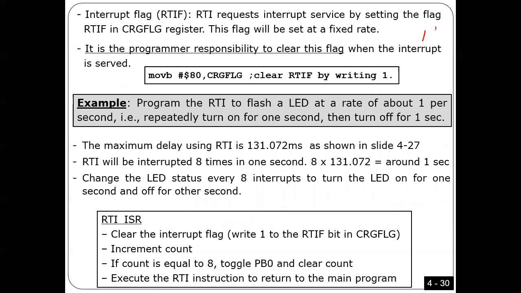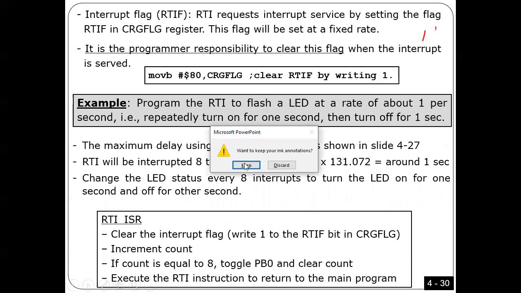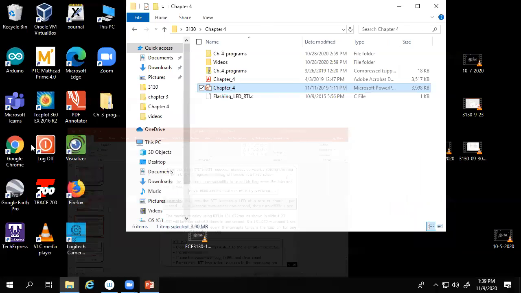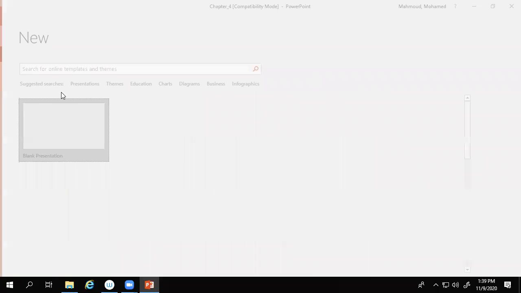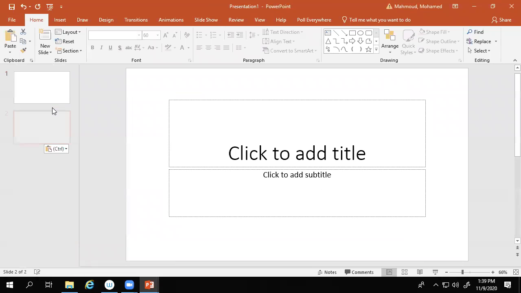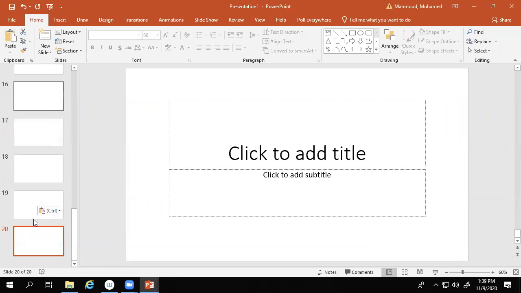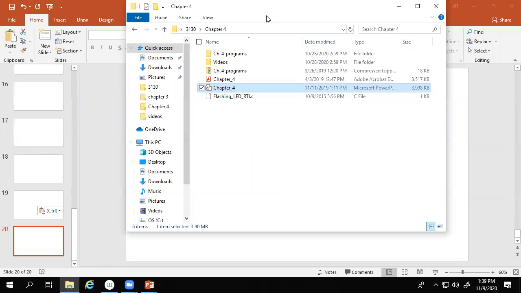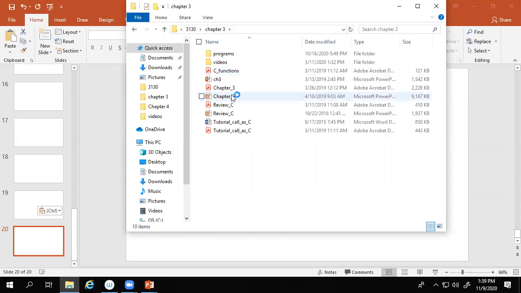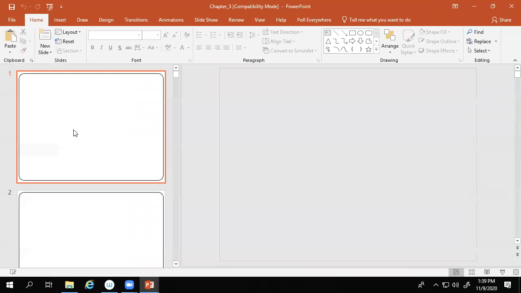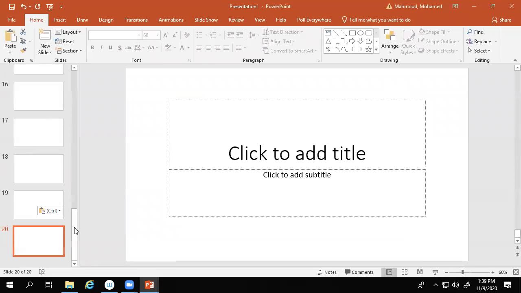Now I'm gonna give you a program. In this program, I wanna do flashing using RTI. So what is the idea and how can we do that? I'm gonna tell you what the idea is. Look here, guys. The idea is,